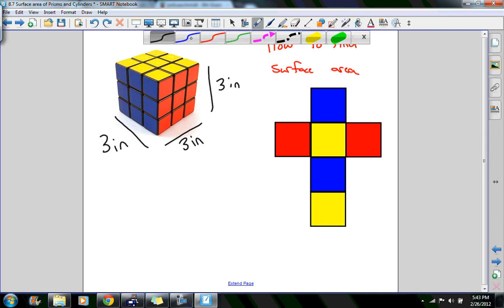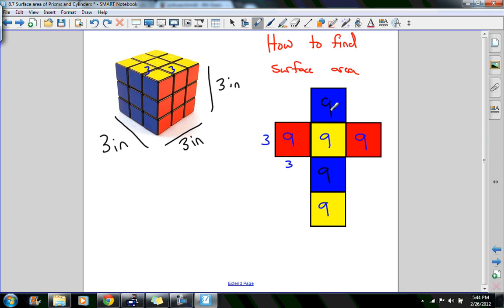If we have to find the area for each of these, the reds here have a height of 3 and a base of 3. That means each of these areas will be 9. The yellows are 3 and 3, so they also have an area of 9. And the blues, we'll change colors, have the same thing, 3 and 3, so they also have an area of 9. Then to find the surface area, we simply go 9 plus 9 plus 9 plus 9 plus 9 plus 9, which gives us 9 times 6, which is 54